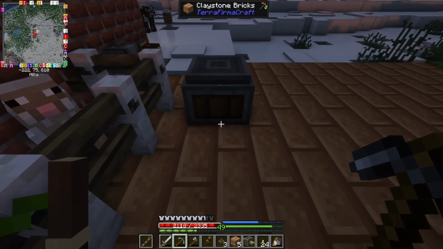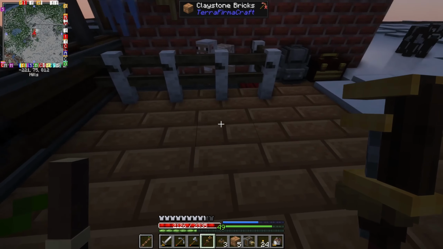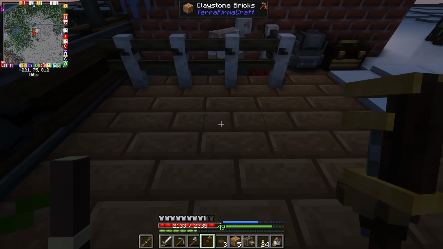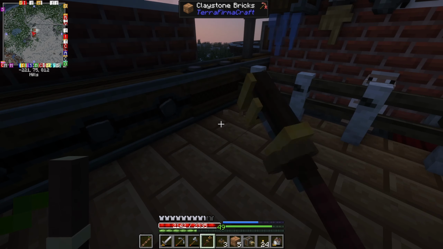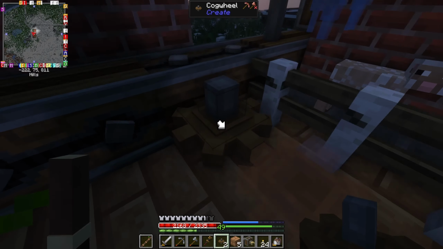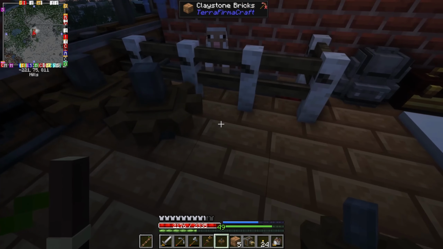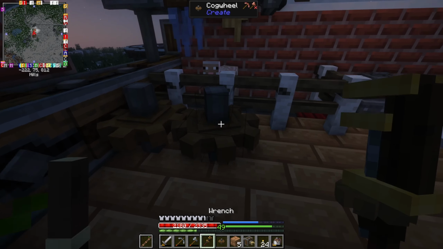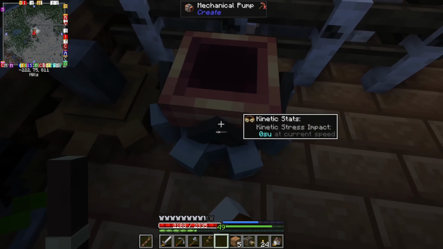The milk gets pulled out of the drain. That can't go there because we need room for the pump. But we're going to need cogs to provide power to the mechanical arm and the pump. Let's say that's the arm. The arm gets powered like that. So if we have something like that there, or even if we put the mechanical pump there,